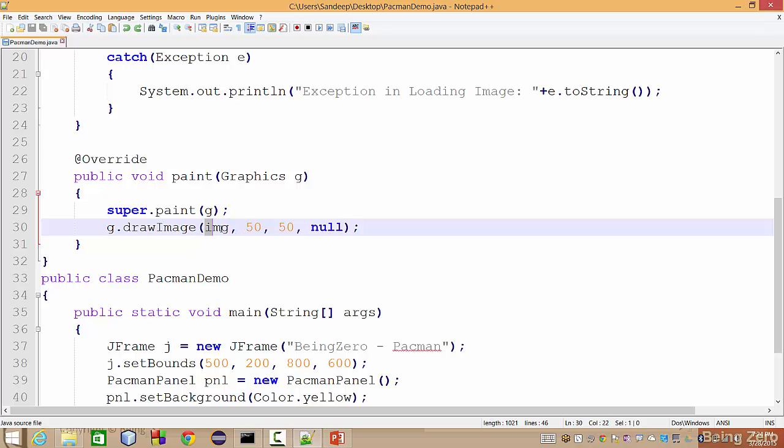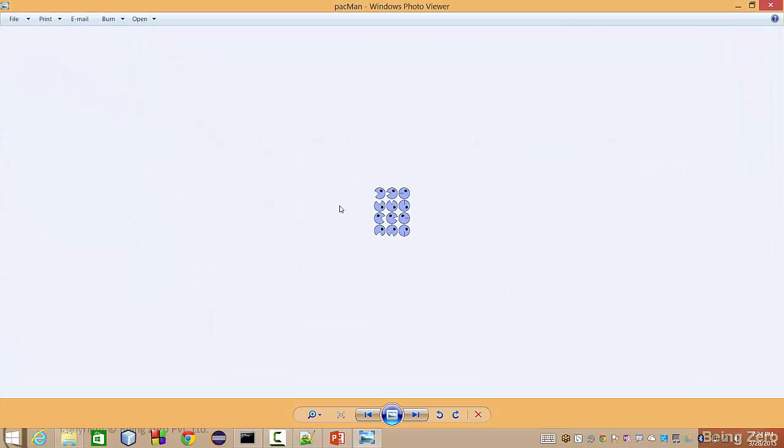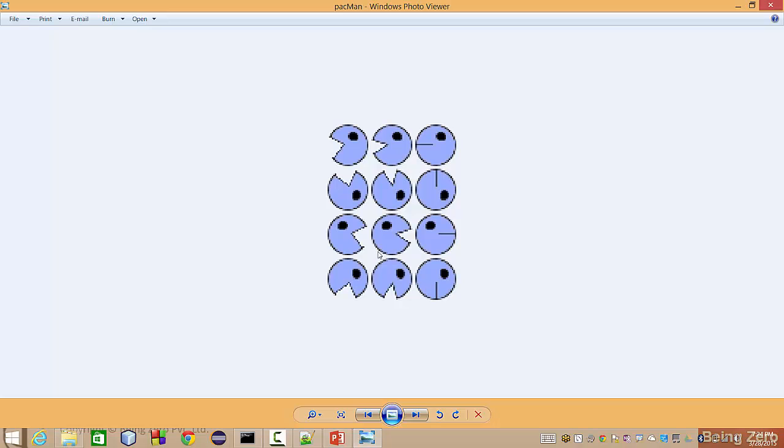Now since we don't want to show the complete image, what we can do is extract a sub part of the image. The image that we have loaded, this is the complete image we are drawing for now. The buffered image object also provides us a way to extract only a sub part of it. Basically we can extract the first image by specifying its x and y coordinates, which is the starting point of the rectangle, and then we can specify the width and the height. Since each of these images is 30 pixels wide and 30 pixels in height,